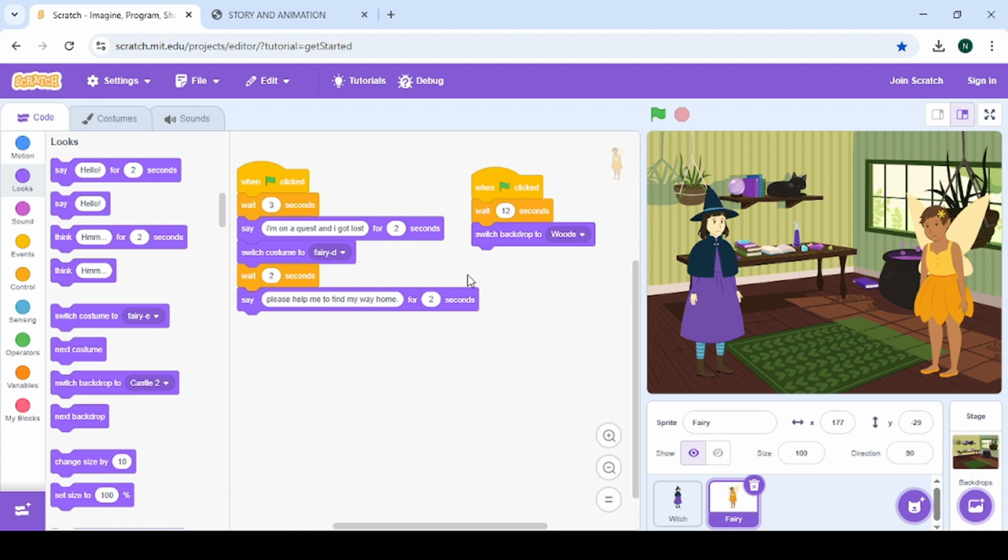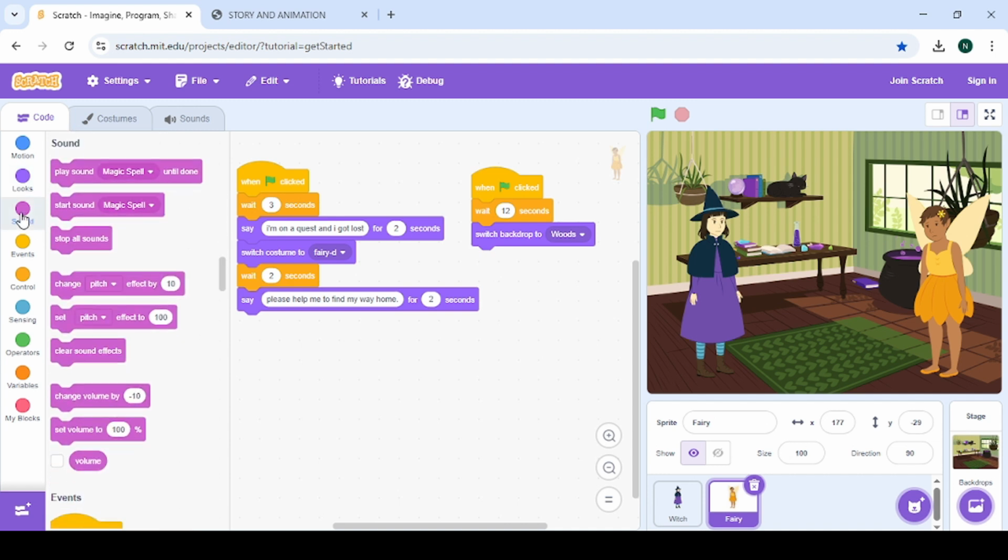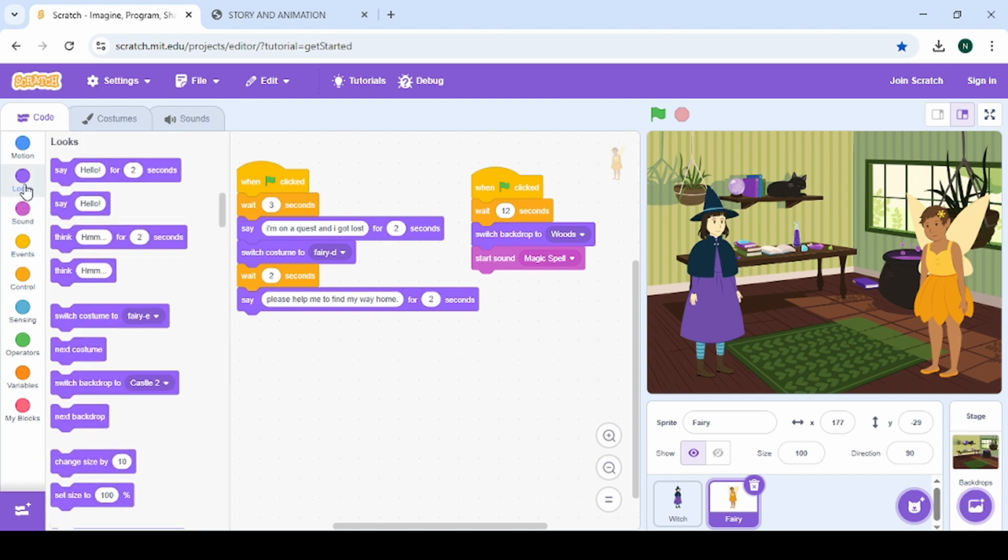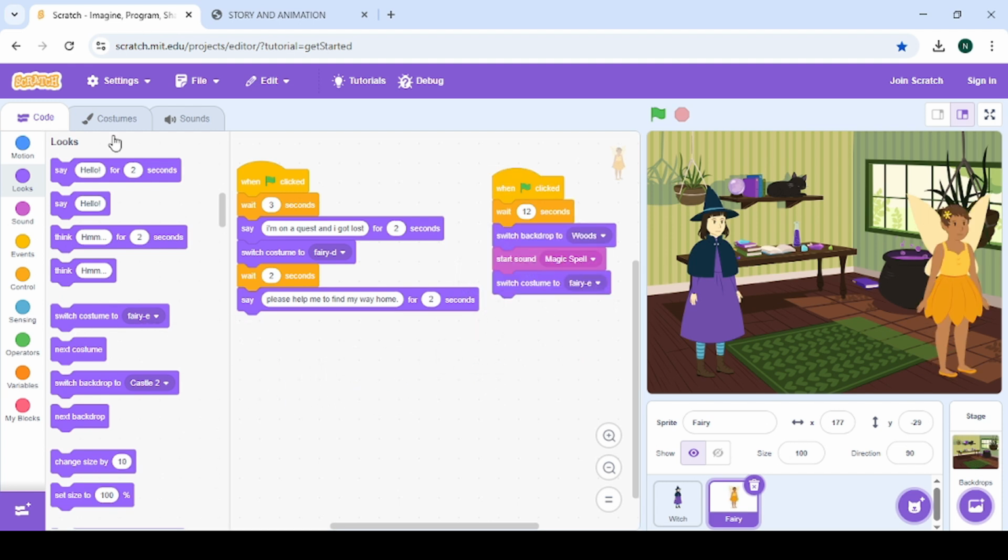Okay, and start sound. It's still going to make a sound to make it look like they disappeared and appeared again. All right, so go to your sounds, and we're still going to use our magic spell sound, right? We'll drop it here. When it switches to woods, start sound magic spell. Okay, and then switch costume to fairy A. Looks, get your switch costume. Switch costume to fairy A